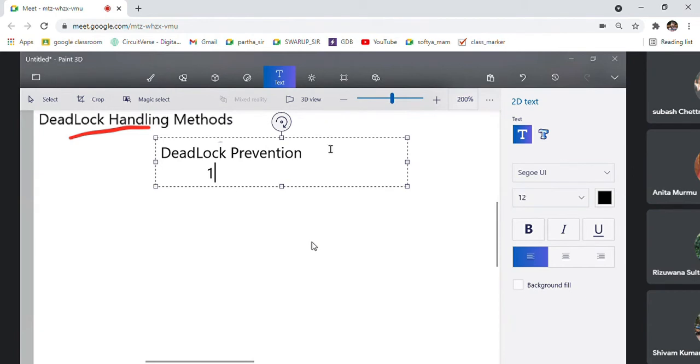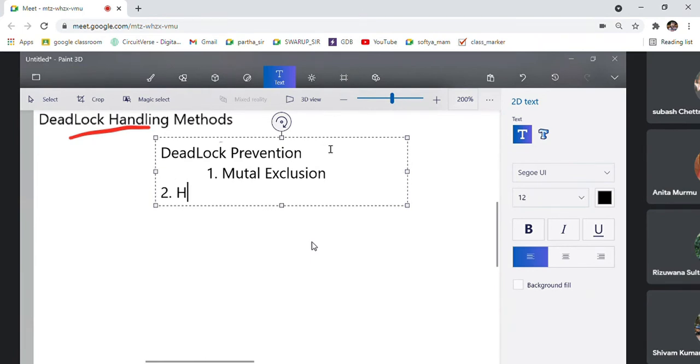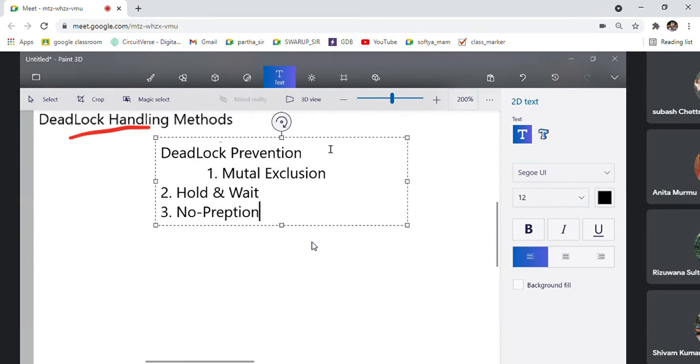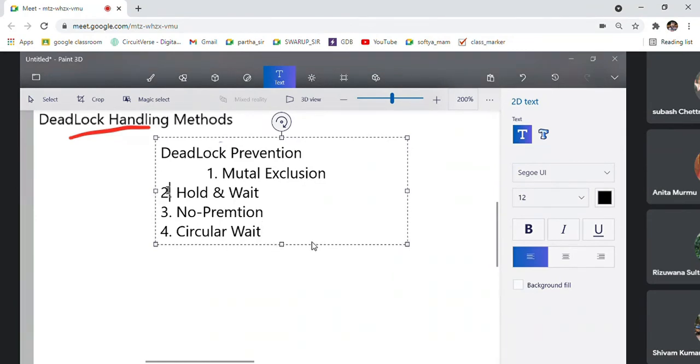We prevent deadlock by avoiding mutual exclusion, by handling hold and wait, by handling no preemption, and by handling circular wait. So if we make sure that at least one of these conditions does